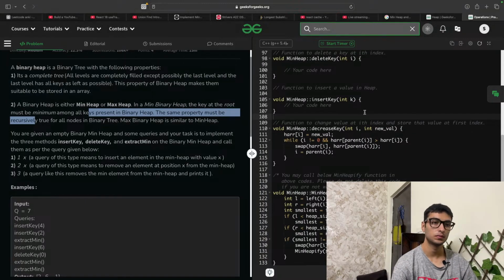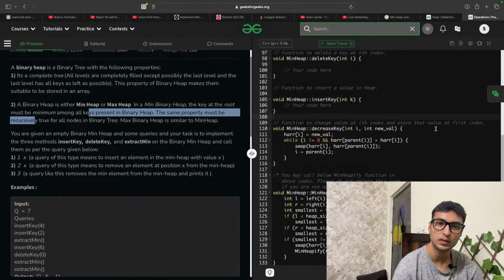Insert key, delete key, and extract min. Three methods. Function to change values of the ith index and store the value at first index.